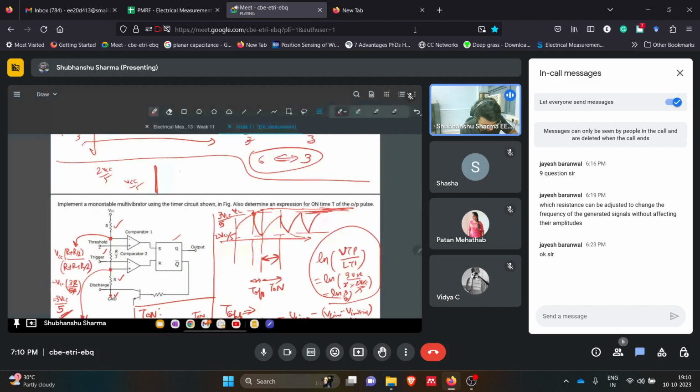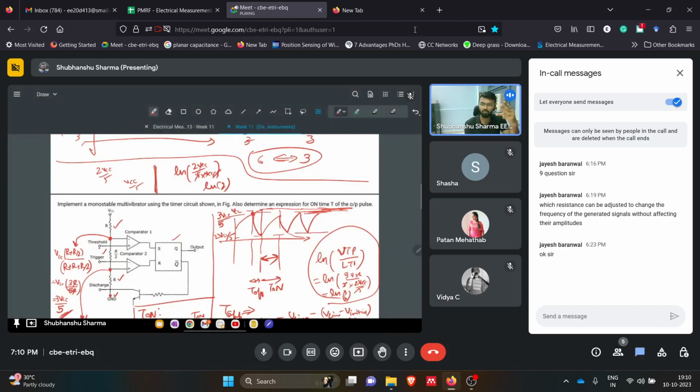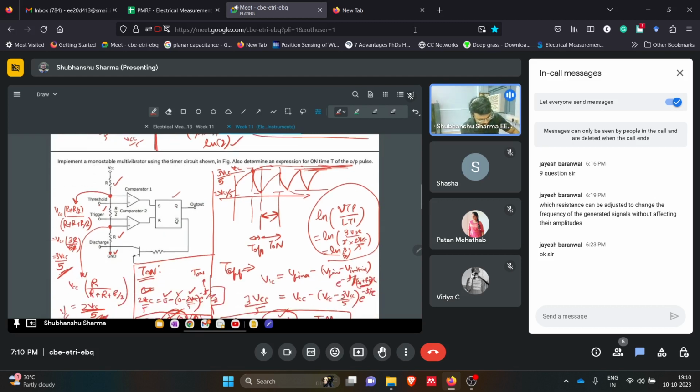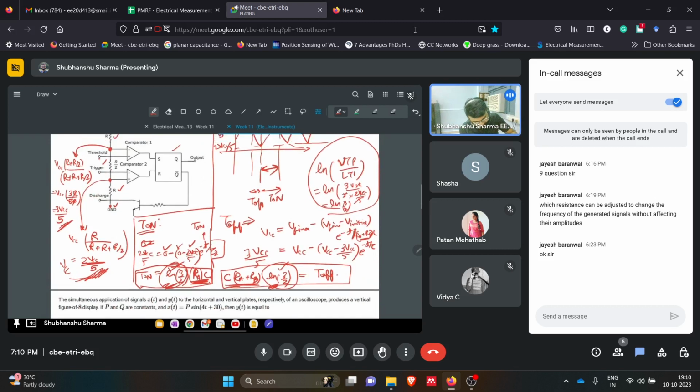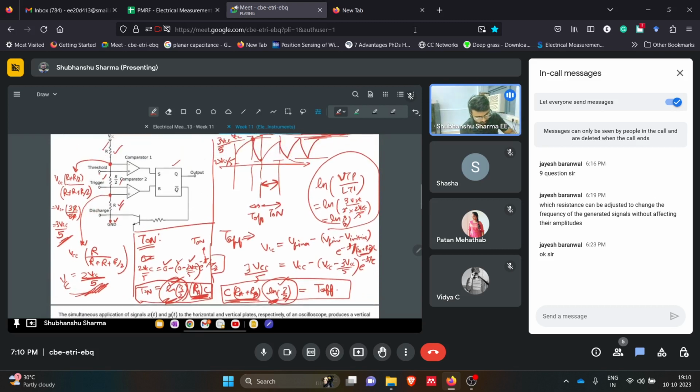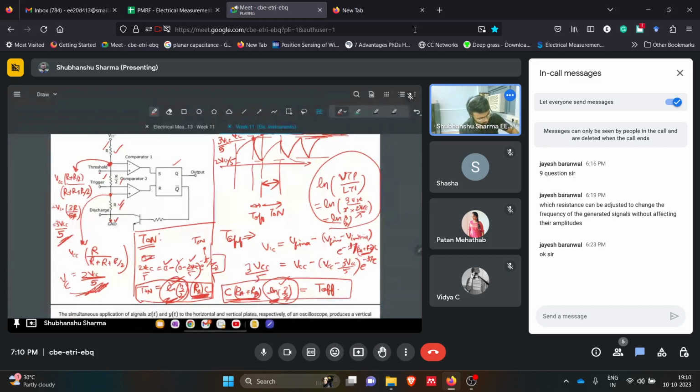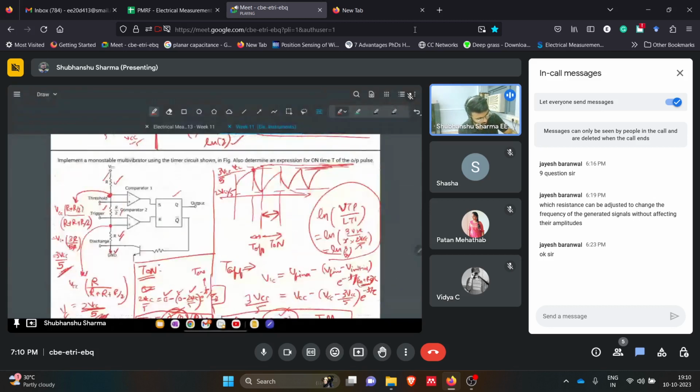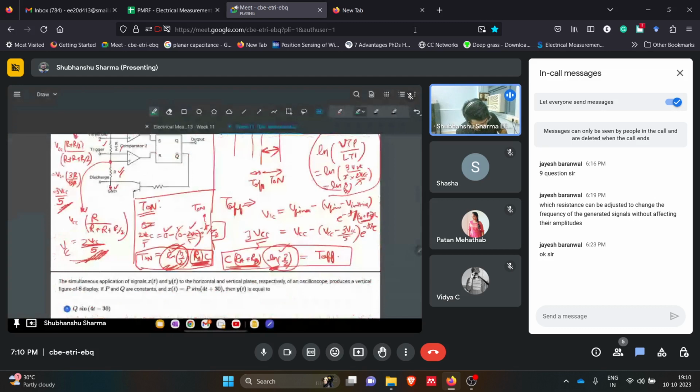So the ratio 2 VCC by 5 by VCC by 5 is ln of 2, which is what you studied in that lecture. Now even if these resistors are changed, just get the values of the upper threshold and lower threshold, and you can derive T on and T off easily